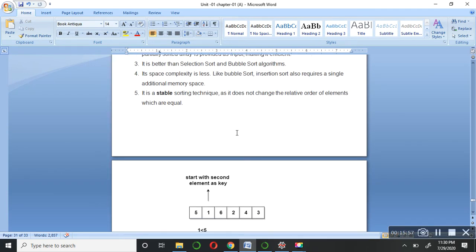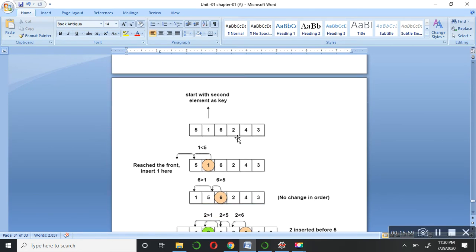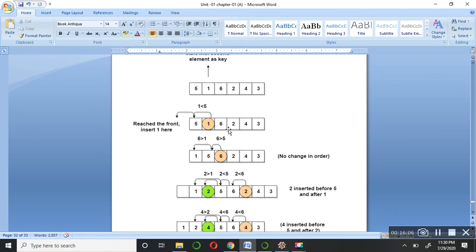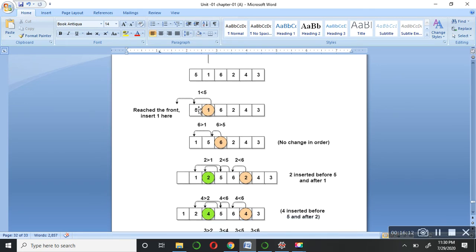So let's jump to the pictorial example of this. Here is one example given: 5 1 6 2 4 3. You can see it is clear in the picture. We are going to compare the first two elements. So 5 is greater than 1? Yes, it is. In the next picture you can see it has been swapped.